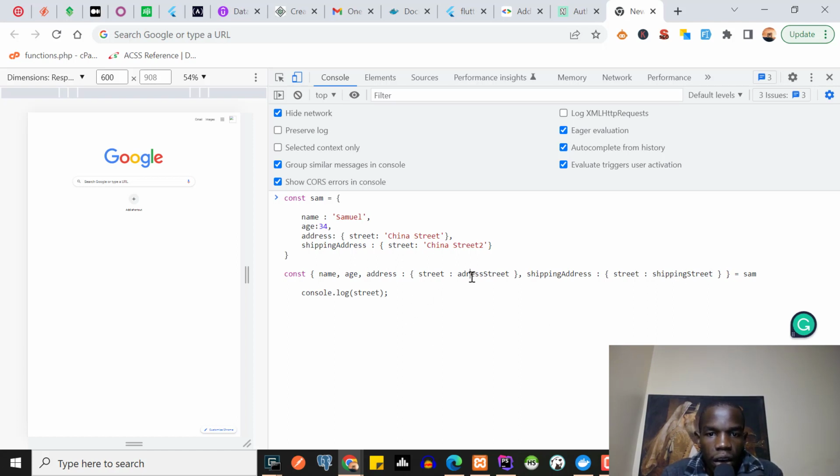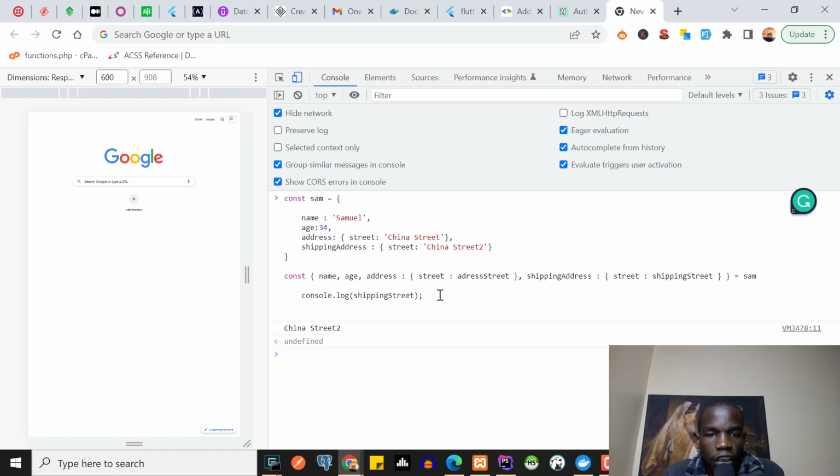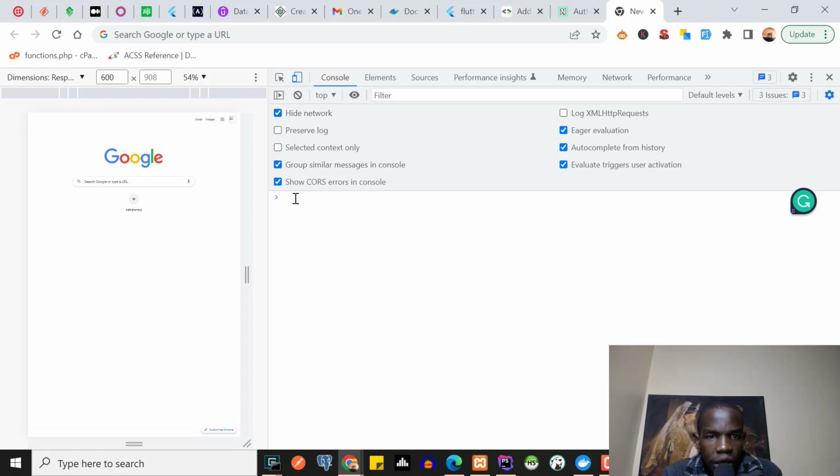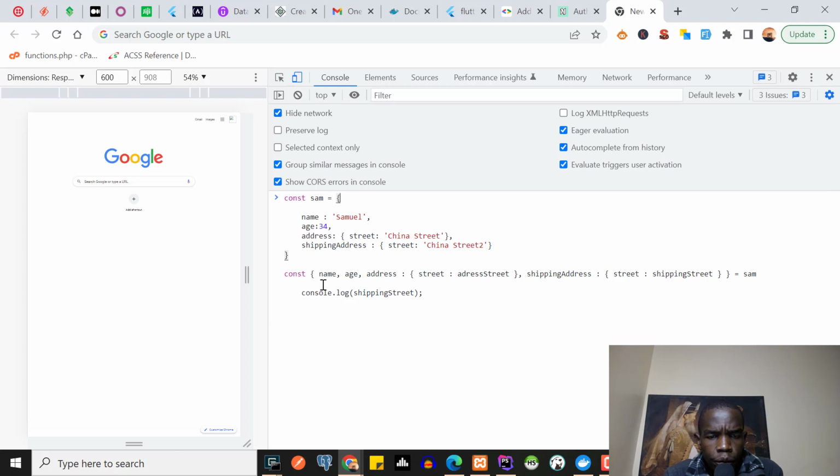So now if I copy this address street and paste it here, this will work fine without any error and return the street for the address. And if I want the street for the shipping address, then I can simply copy this, and if I output it down here, this will now output the shipping street for the shipping address. And so you might be wondering, how does this become relevant